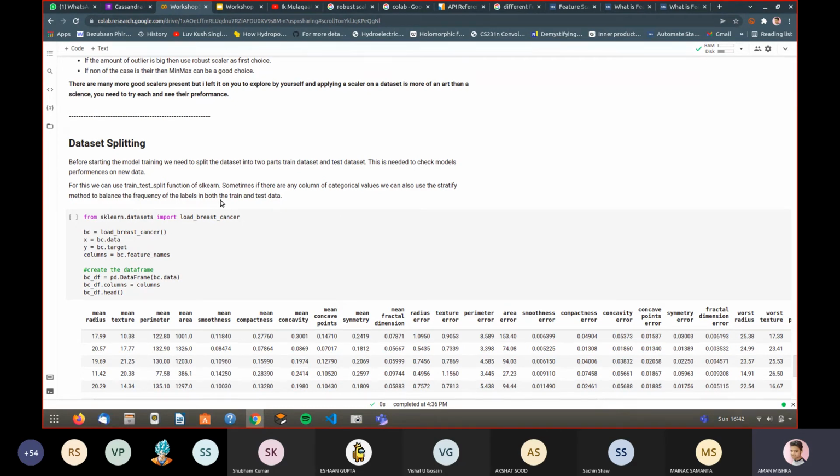But how will you know that your model is overfitting or underfitting? You already know the concept from the second workshop about overfitting and underfitting. If your model is either underfitting or overfitting, it will not perform well on the test dataset. So how will you verify? As a part of this, you need to perform dataset splitting. You only have access to the training dataset labels. So you can do two things.